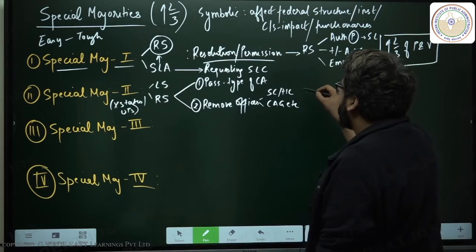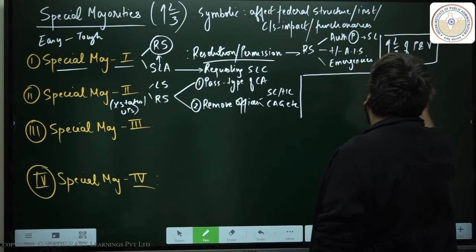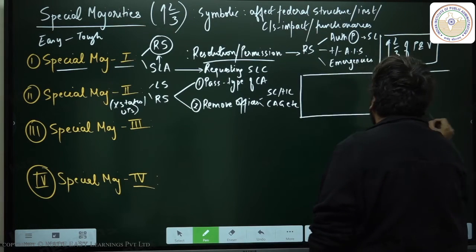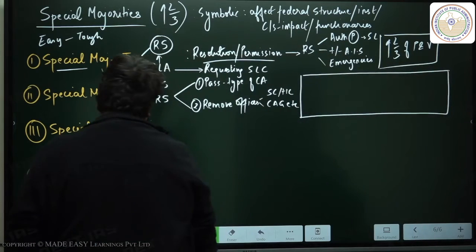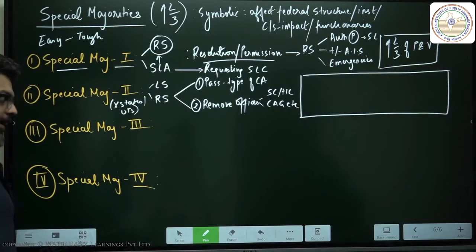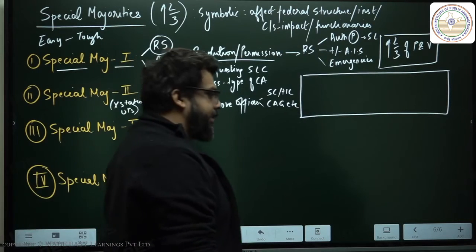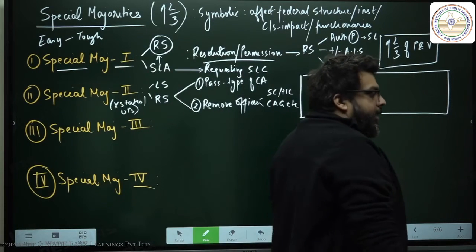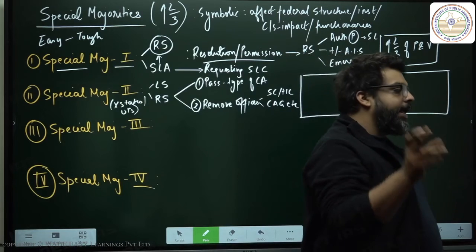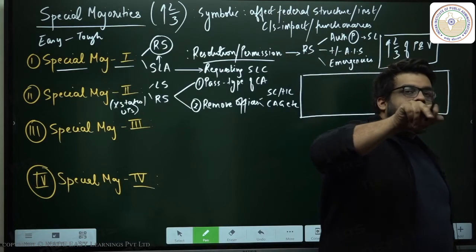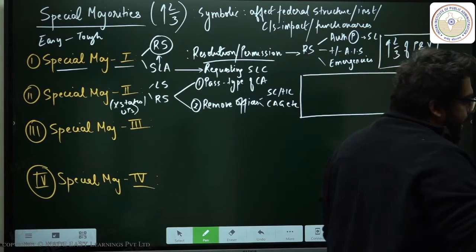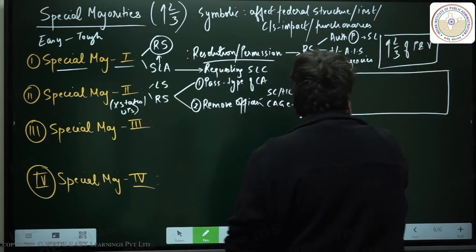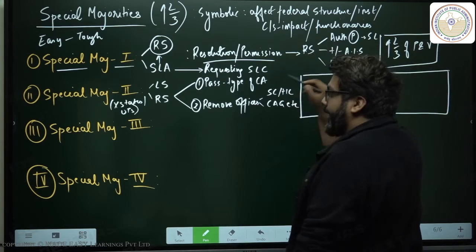Now the calculation of special majority 2 is slightly difficult. थोड़ा सा ध्यान देना पड़ेगा. ठीक है? क्या है? Let's understand this. बेसिक फंडा ये है कि इतना वोट आए, लेकिन कम से कम इतना वोट तो आना ही चाहिए. That's the basic concept behind special majority 2. So it is for each specific house,